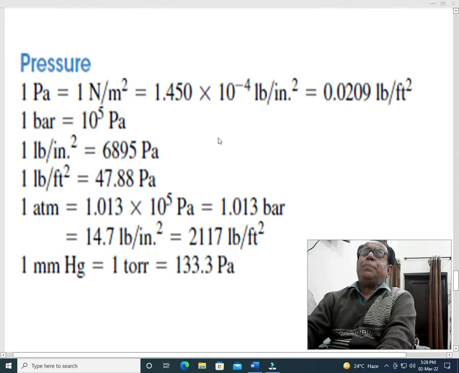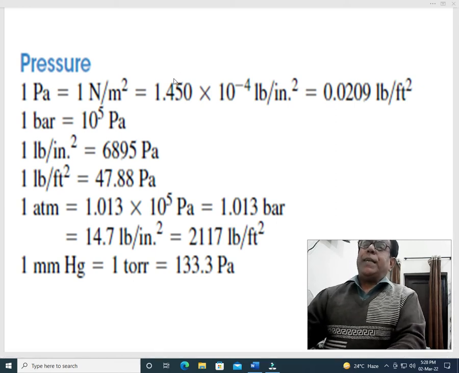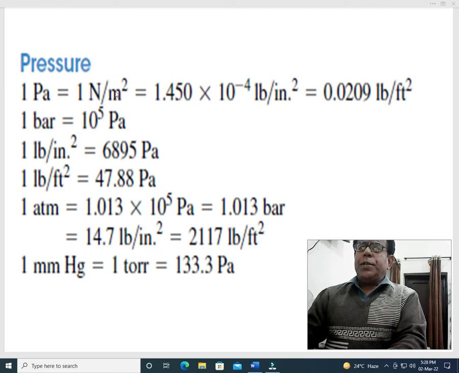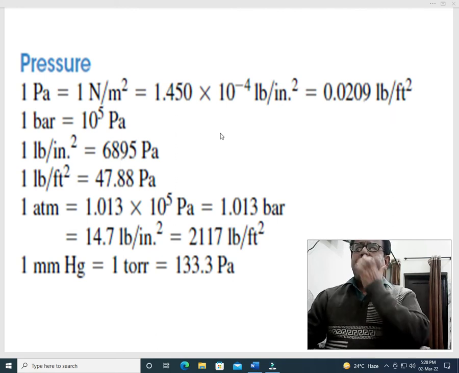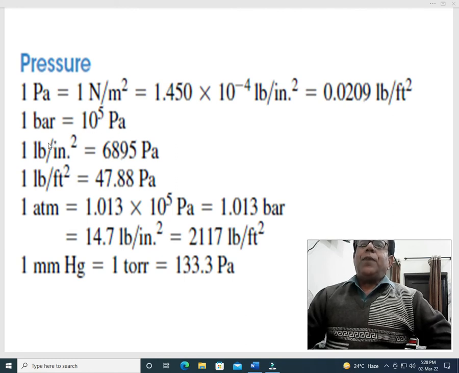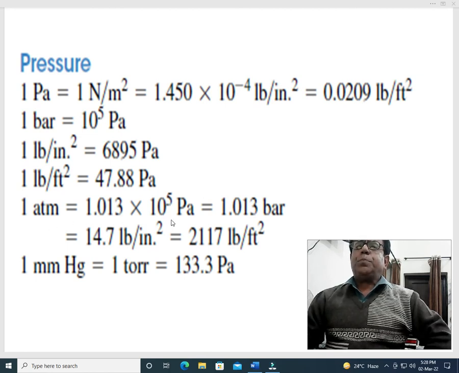Next, this table has also been used in our solution. 1 Pascal is equal to 1 Newton over meter square, equal to 1.450 into 10 raised to the power minus 4 pound per inch square, equal to 0.0209 pound per foot square. 1 bar equal to 10 raised to the power 5 Pascal. 1 pound over inch square equal to 6895 Pascal. 1 pound over foot square equal to 47.88 Pascal. 1 atm atmosphere or atmospheric pressure equal to 1.013 into 10 raised to the power 5 Pascal, equal to 1.013 bar, equal to 14.7 pound per inch square, equal to 2117 pound per foot square. 1 millimeter of mercury, Hg stands for mercury, equal to 1 torr,